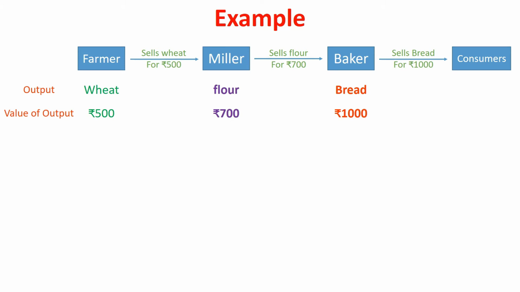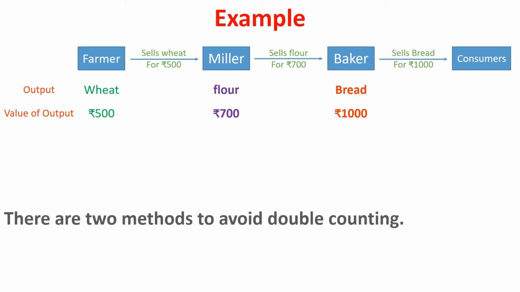As a general practice, every producer treats his commodity as the final product. It means value of output is 500 plus 700 plus 1000 equals 2200 rupees. A careful examination reveals that each transaction contains the value of intermediate goods. It leads to overestimation of goods and services. In order to know the correct value of national income, we must avoid these problems of double counting.